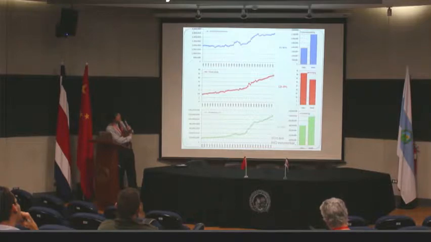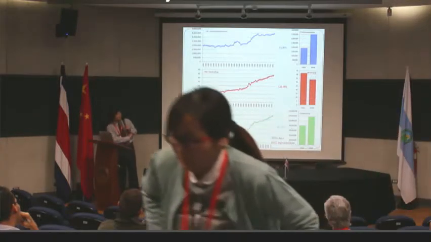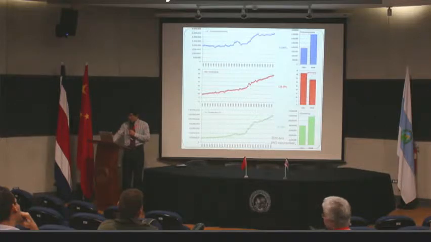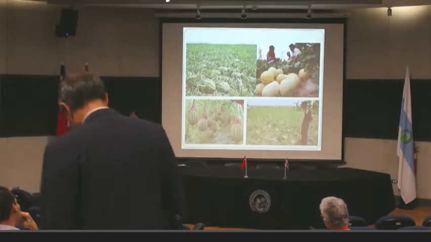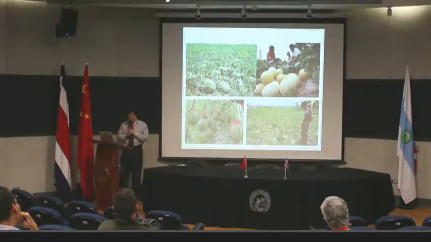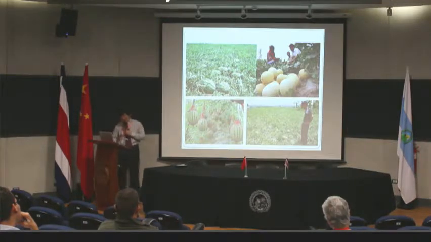So that's the data from the year 2016 and the FAO data, which gives you a similar idea: over 40% of the cultivation area and 1.3 times the average yield, and also around 70% of the world total production. And here are some scenes in China of farmers doing their watermelon production in open fields. In this open field, the farmer is looking at his crop, and also the people there are harvesting watermelons,